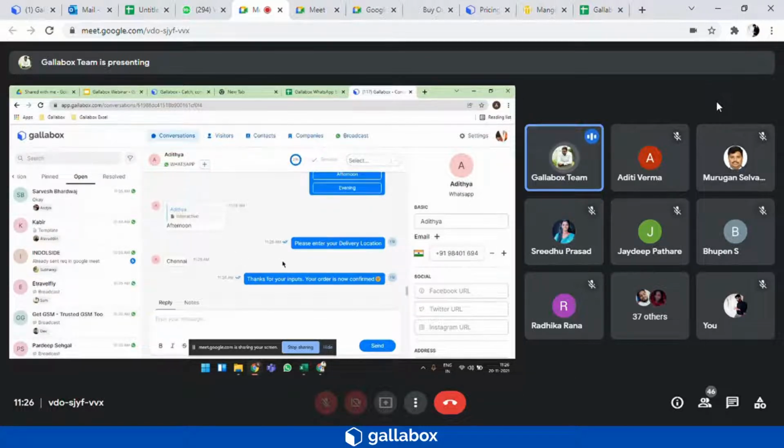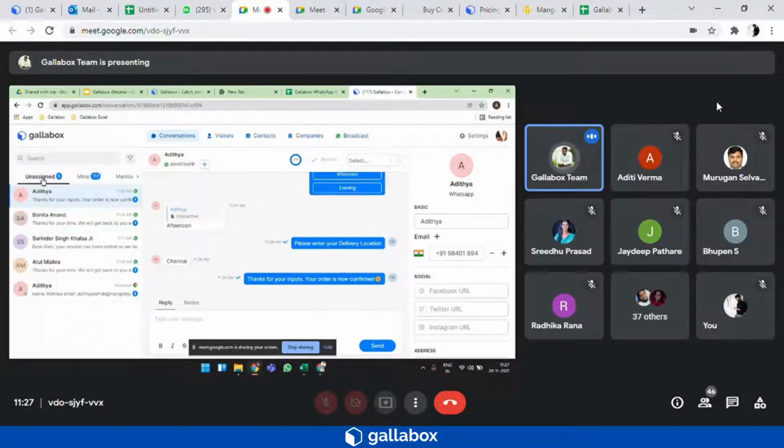So now this chatbot has ended, and after the session timeout... if you had noticed in the initial part of my chatbot building, I had selected the session timeout as 300 seconds. So after 5 minutes, this particular chat will move from the open bucket, which is assigned to the chatbot, to the unassigned bucket. So now you can see that my conversation has already moved to the unassigned bucket. And from here, any of my agents in our organization will be able to assign this particular chat in their name, and they will be able to continue this conversation.